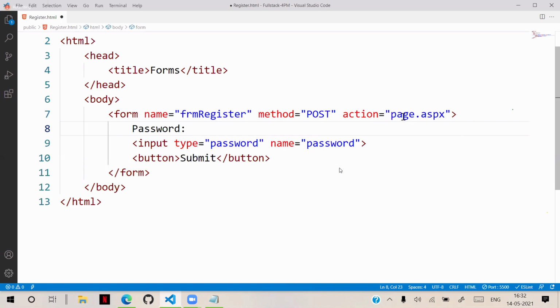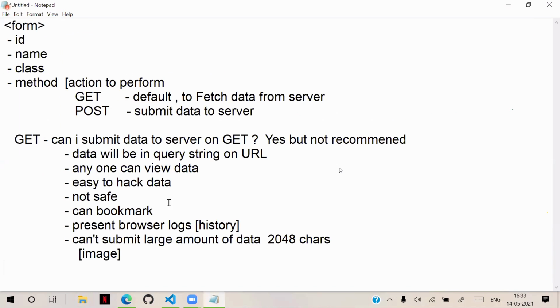We can submit to the dynamic pages. Later, we will learn about those server-side technologies, not now. JSP, PHP, ASP. That means the data you submitted will be sent to this page. That page will collect and use it on the server side. That is action.